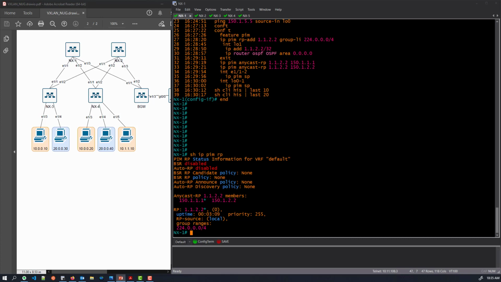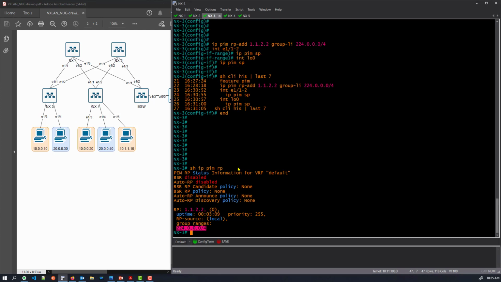Okay, now that we have the multicast done, the last thing we'll do in this video is put on the actual fun part, the VXLAN part, and then see how it works. And then we'll establish reachability between some PCs. So the first thing we want to do is create the VLANs to begin with. So on Nexus 3, let's